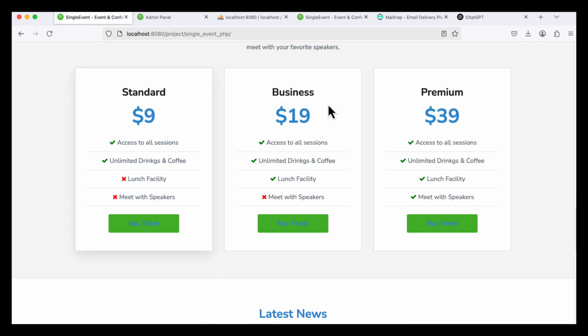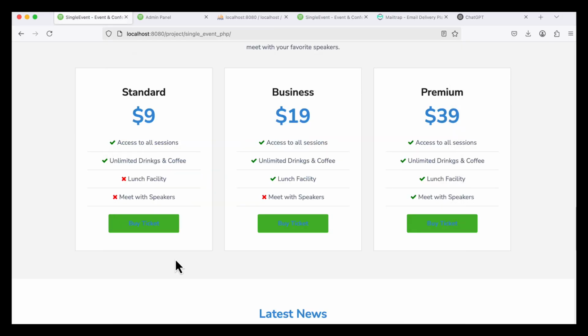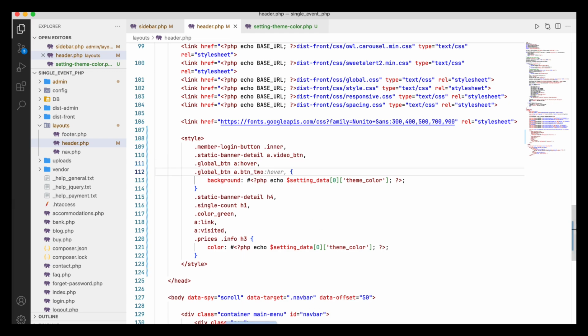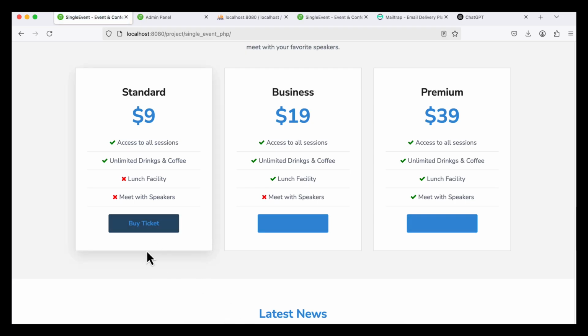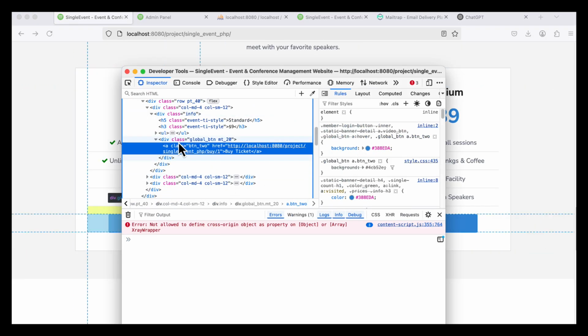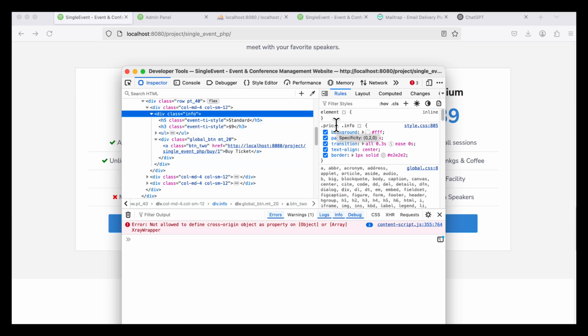Now refresh, you see this color has been changed. Now here what will happen? Here actually the text color is white. So background is okay, no problem. Here background, if I change the background, that means I have to go here and put it here, and if I refresh, you see it is okay. But here the problem is the default text that should be here, but it is actually the info. This info is prices info, and prices info